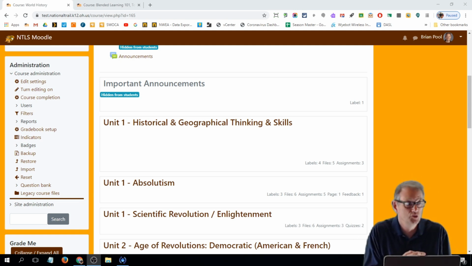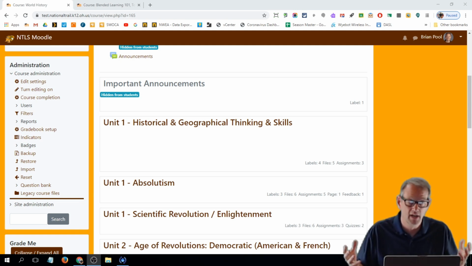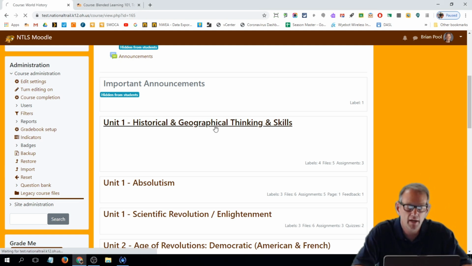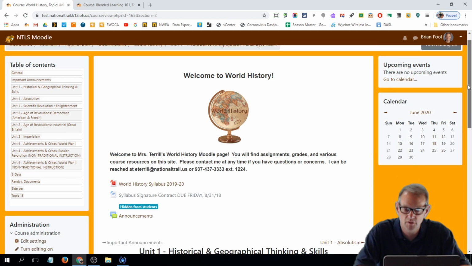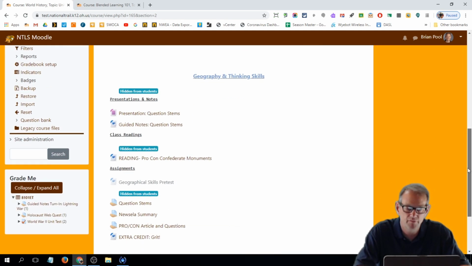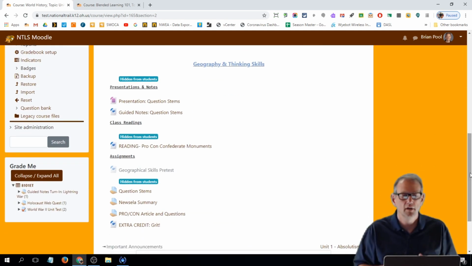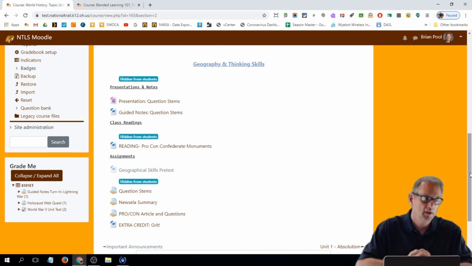Just stay one unit ahead so that it's ready when you get there, realizing that if we're doing true blended learning, you don't know when that's going to happen. But first we're going to go through and mark activity completion. So I'm going to click on this section of this teacher's course. It's very, very clean looking. She's already using indentation and labels to separate things out. It's not just one huge